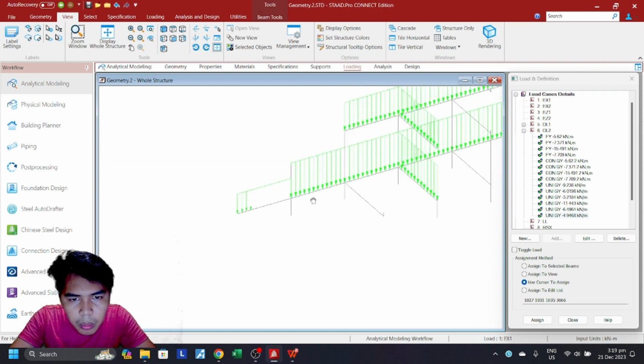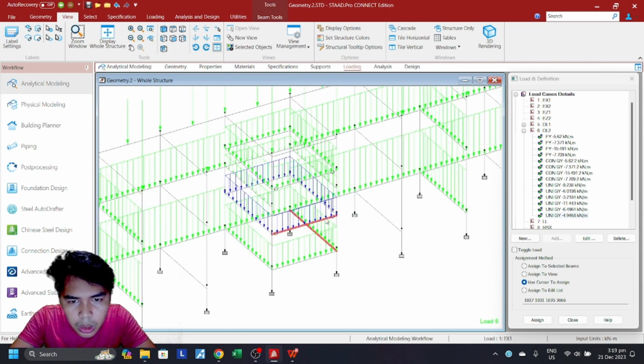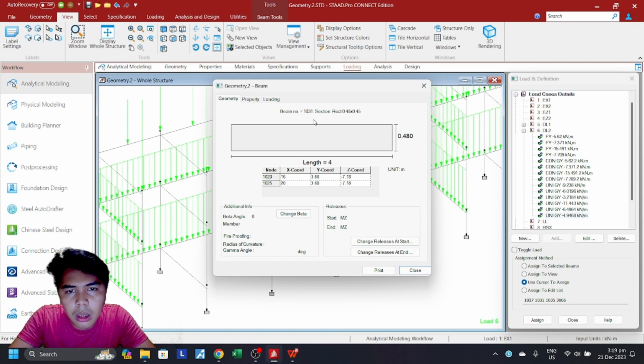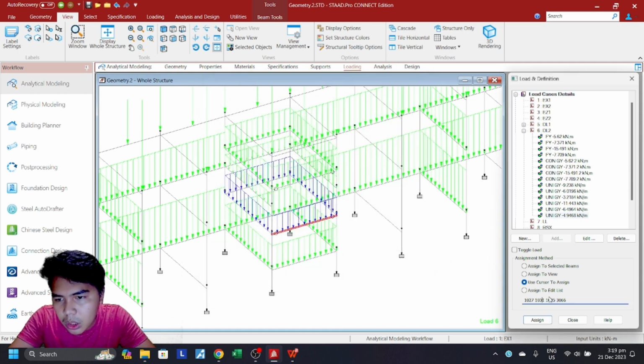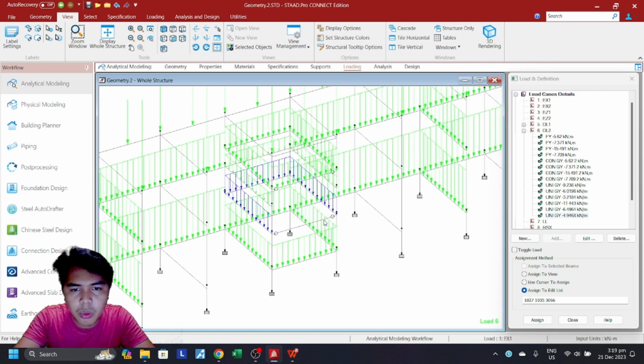I believe we have a miss input here. So we're just going to edit. The beam number is 1031, which is here, and we're just going to remove it. Assign, yes, and it gets removed because the height of this is actually 1.66 plus